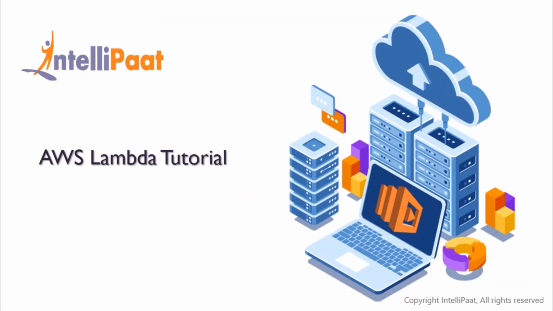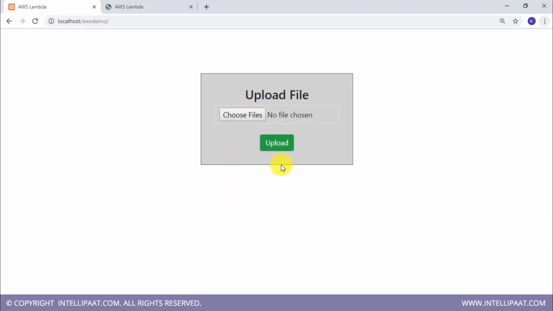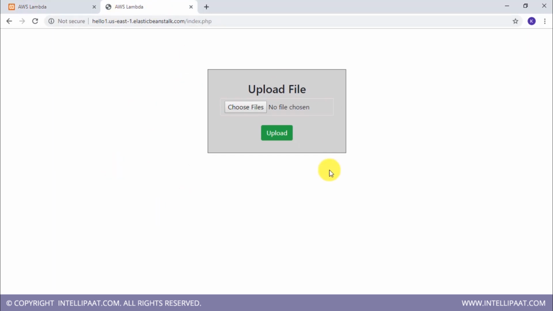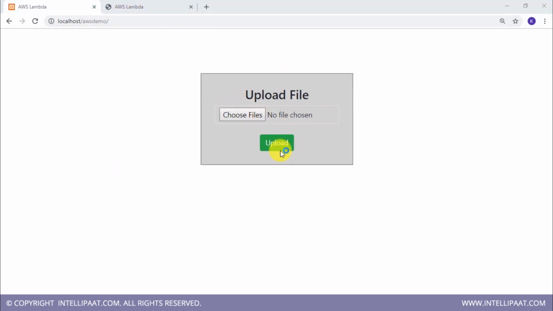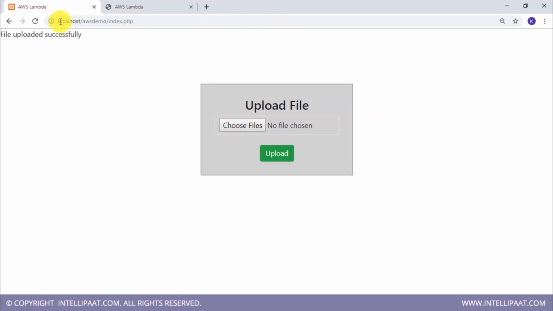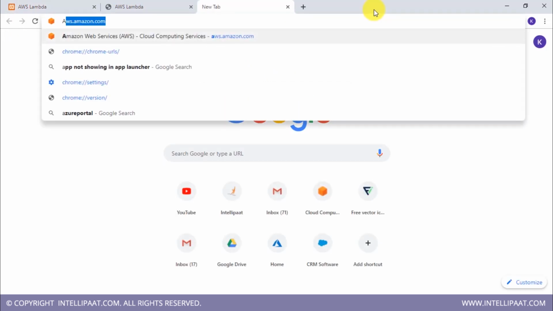As I already told you, in this session we'll be looking at a hands-on. So before moving on, let me briefly show you what is going to be the output of our hands-on. This is our localhost and this is our Elastic Beanstalk. First, in localhost, I'm going to upload this doc1.pdf. I upload it, so the file has been uploaded successfully. Now let me open